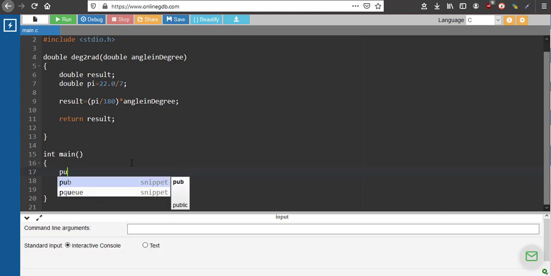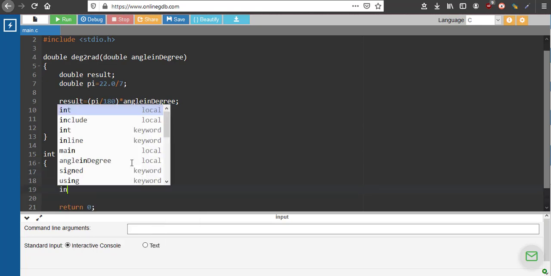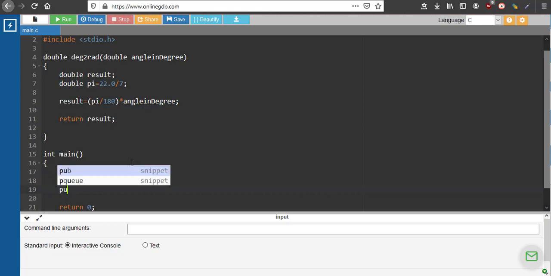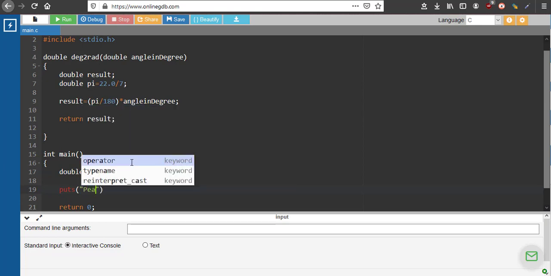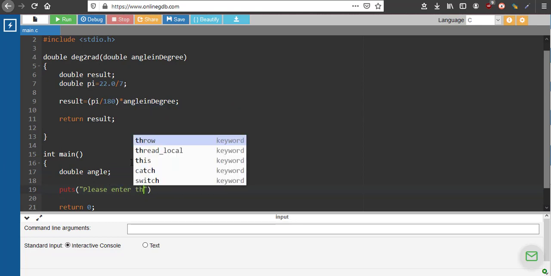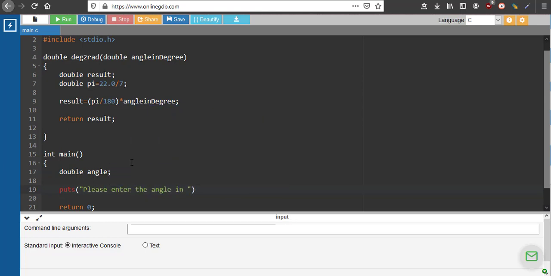So, double angle. puts, please enter the angle in degree, right? Scanf, it's a double, so we have to use percentage LF as identifier. The other needs the ampersand sign, angle.